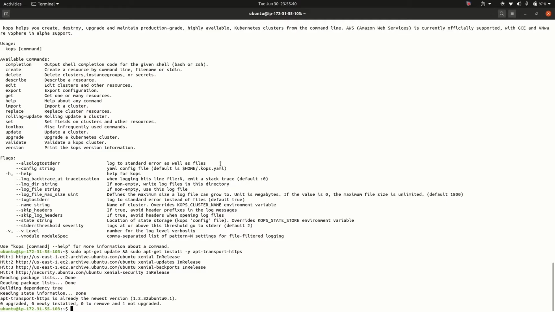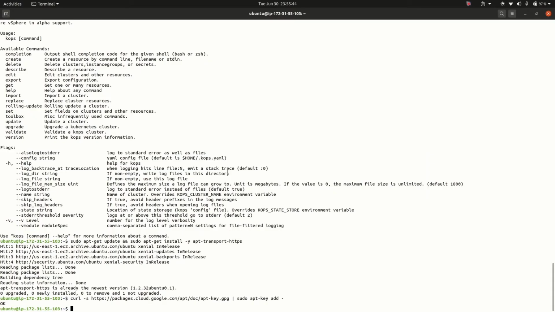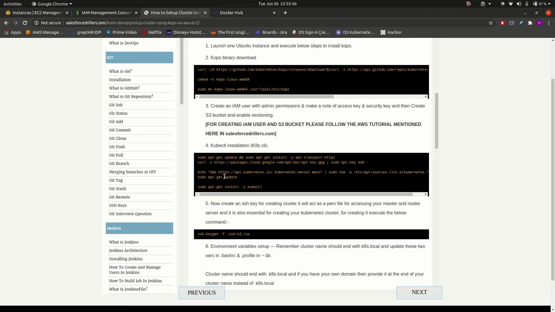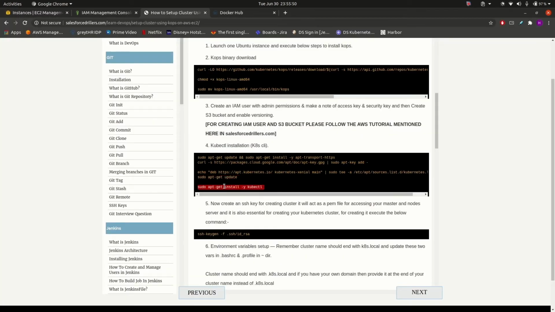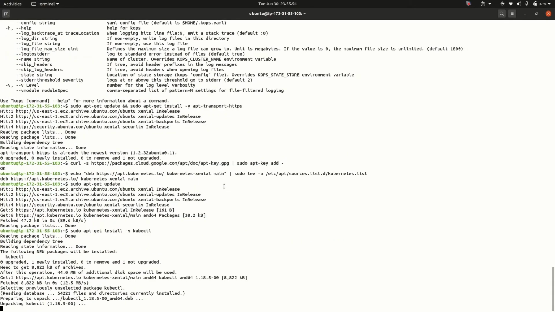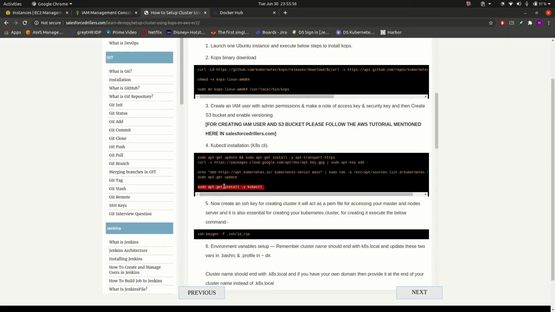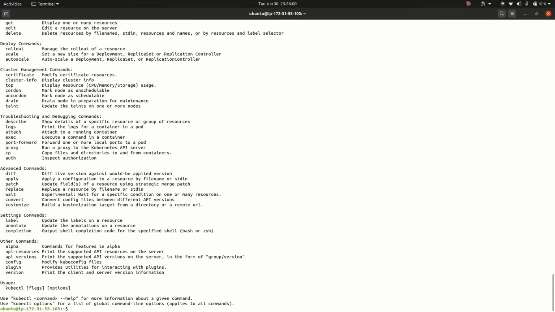Let us copy these commands from here. To update, now let us install kubectl. As we can see, it is installed. So yes, kubectl is now installed.